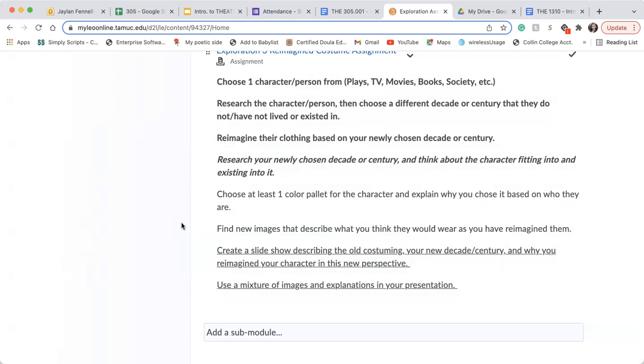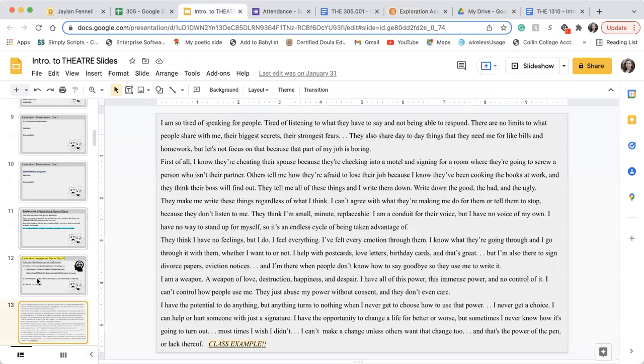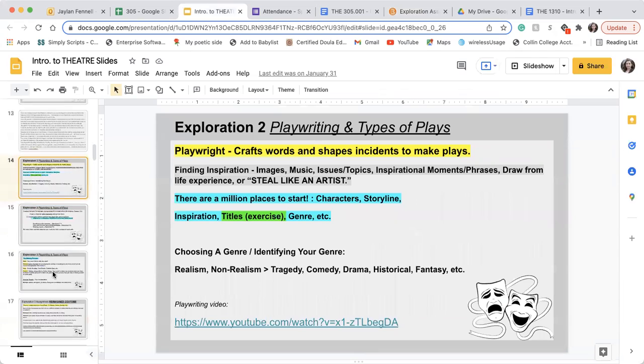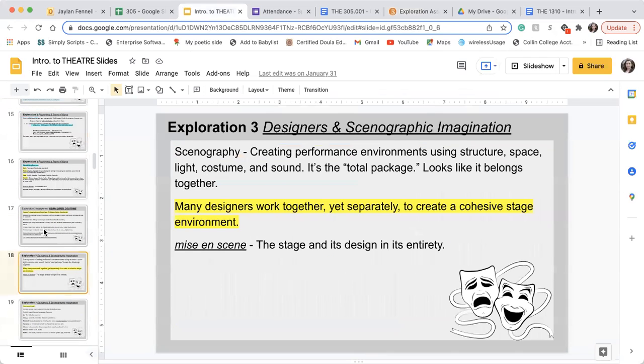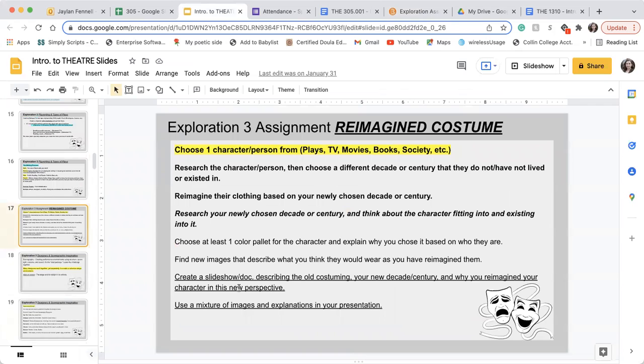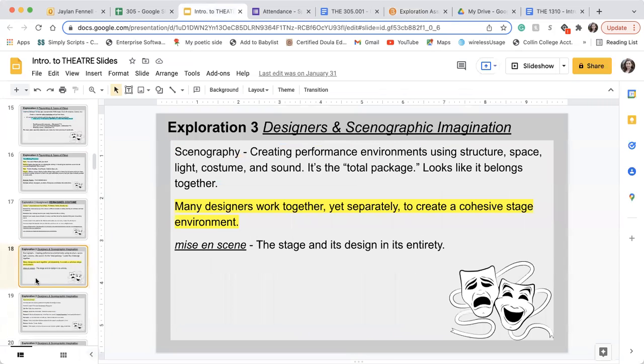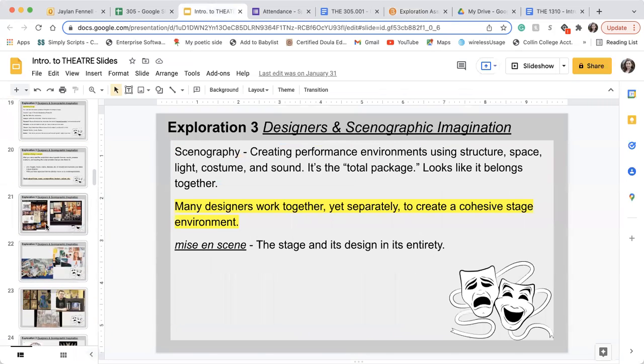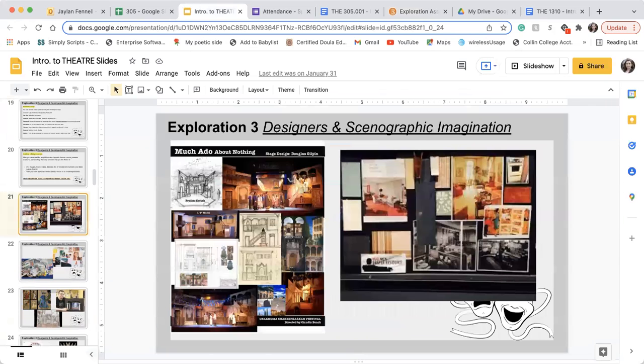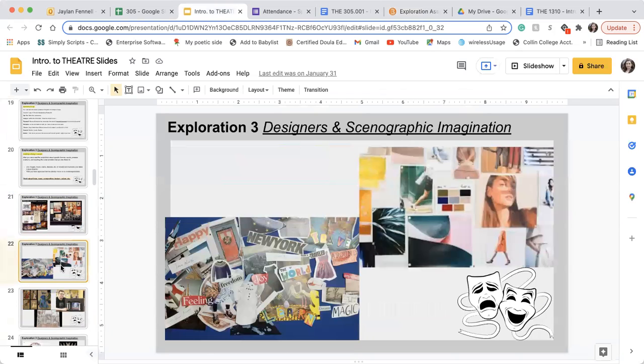You can use realistic pictures that are straight up pictures of the clothing that you like. You can also use textures to explain your presentation as well. If I come over here and we do exploration 3, let me find it real quick. Here we go. Yes, you can use texture. So like if you looked at the slideshow for this week for exploration 3, people use different mood boards and colors. So these are color palettes, these are drawings. This board has different textures.